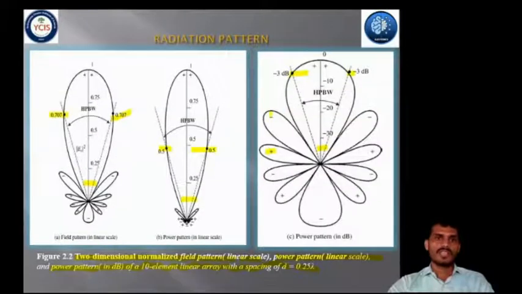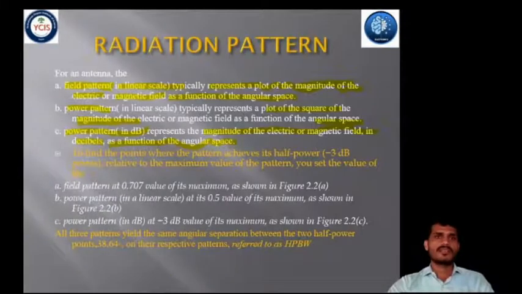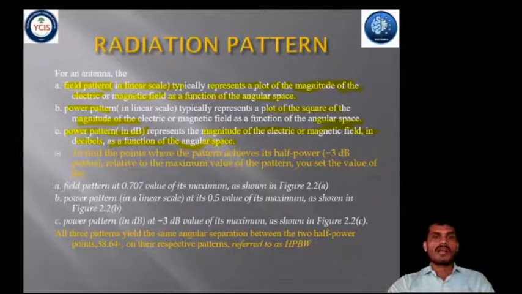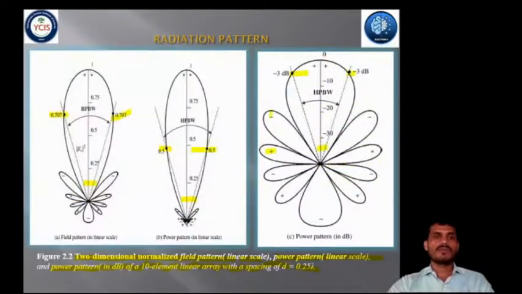So this is all about radiation patterns, in which field pattern in linear scale, power pattern in linear scale, and again power pattern in dB. Okay, so this is all about the half power beamwidth. It can be referred to as half power beamwidth. Now, the next point is that